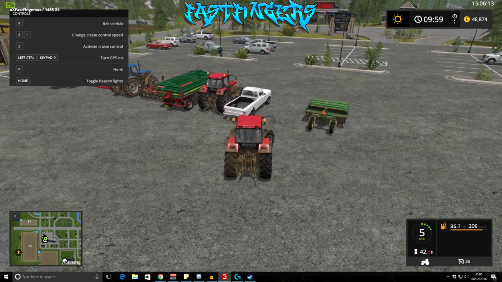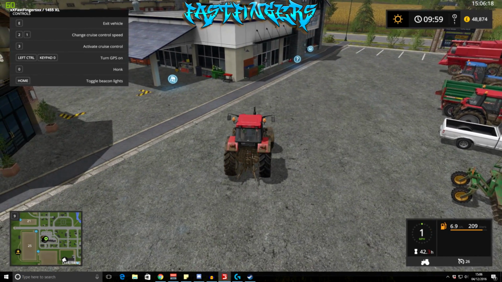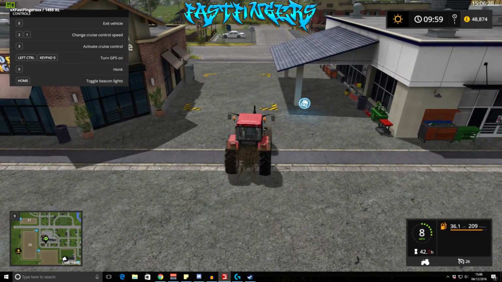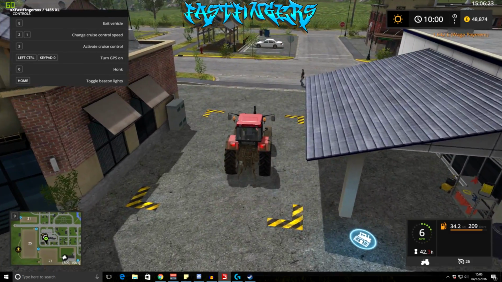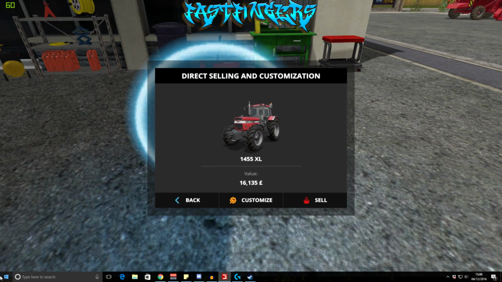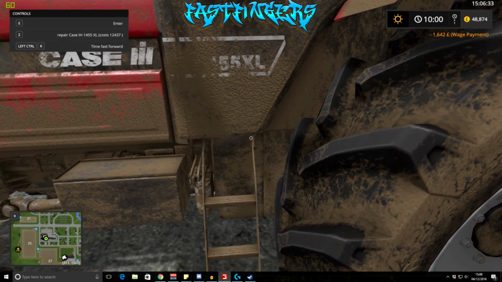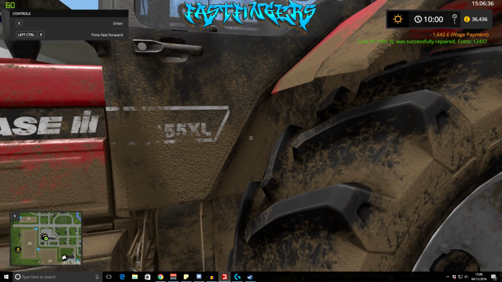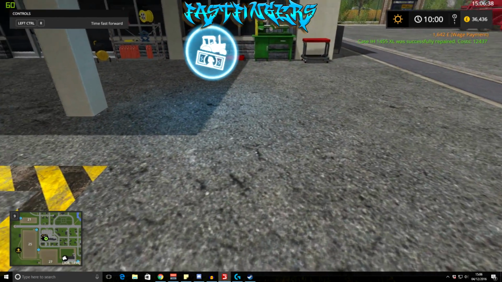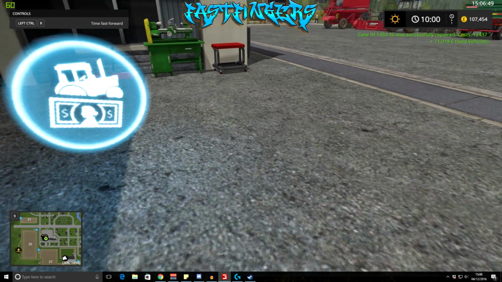Because we are selling all the equipment because we're going to rent basically or lease. So what we're going to do, we're going to dump this one in here. This is going to cost us 12,000, so let's see how much it'll sell for. 16. So let's go repair it by pressing Z. Now look, it's 71,000, so we've made a load of money straight away there. So we'll sell that,